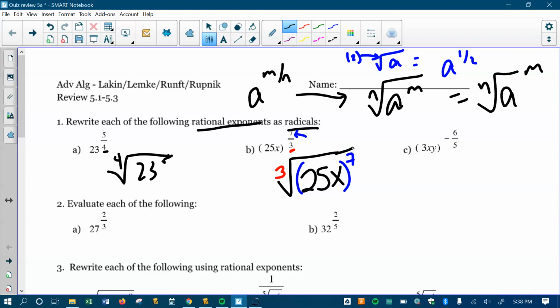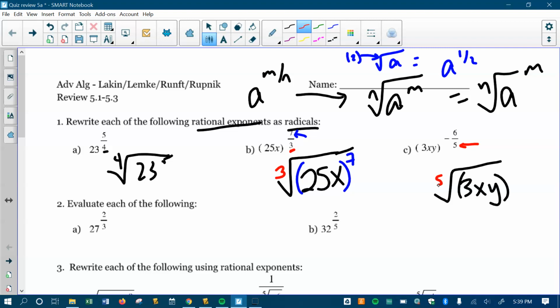I will do colors for the next one as well. So let's go ahead and set up our root. Okay, we have 3xy in parentheses. And let's go ahead and get this 5 right here, because that's where that goes. Denominator goes in the root, in the little tail of the root. And the -6,